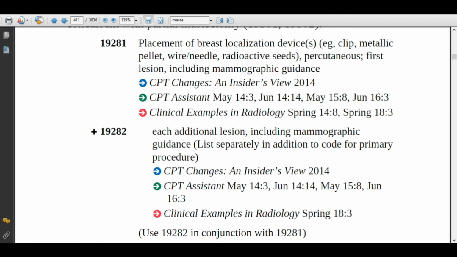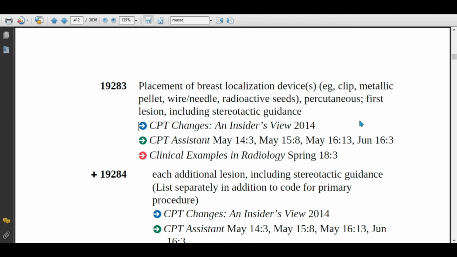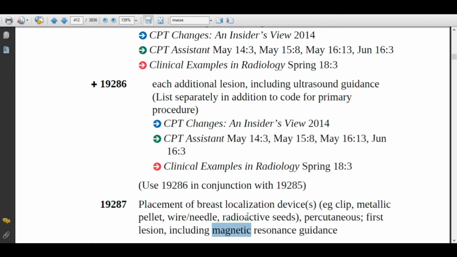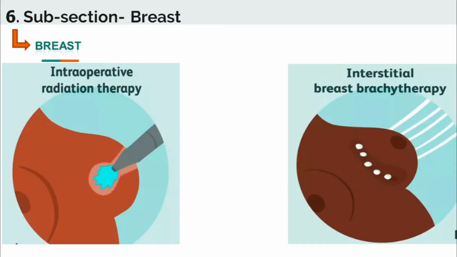Always use 19282 in conjunction with 19281. And we have different codes with different guidance for this same procedure, like stereotactic guidance, ultrasound guidance, magnetic resonance guidance. So assign the code depending on the guidance utilized by the physician.